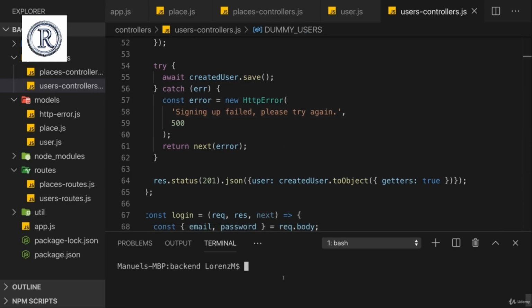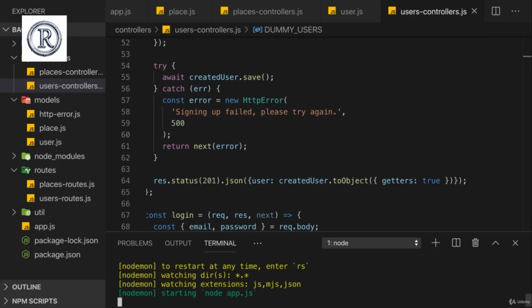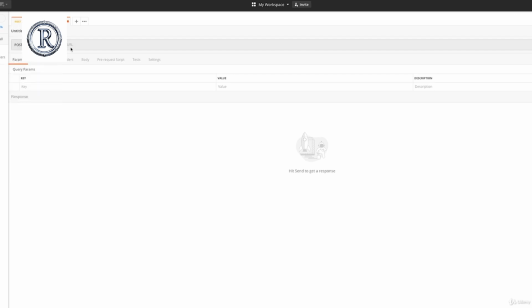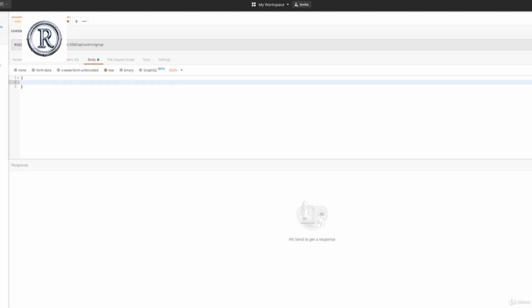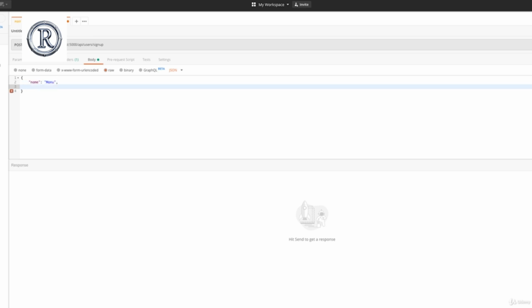So let's now restart our development server and go back to Postman, create a new post request here. Again, HTTP localhost 5000 /API /users this time, not places, and now /signup to create a new user here. Now we need a body with JSON data once again. And here we have to add all the properties we added in our model. So first we need a name, which could be my name here, an email,